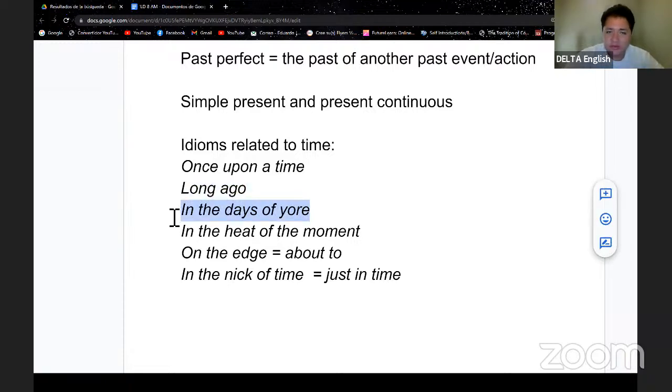Okay, that's another idiom. And this one can be used in many situations. In the heat of the moment. Heat, you know what heat means, right? When it's hot, well, that's the heat. So when they say in the heat of the moment, it means that the situation maybe was tense, right? And you did something that you didn't want, right? So in the heat of the moment, como en el calor del momento, no sé, in the heat of the moment,